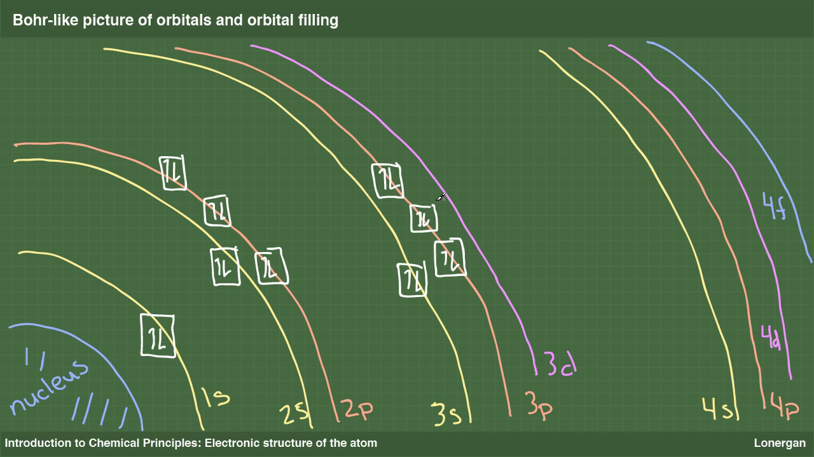It seems logical to next fill the 3d orbital. But remember, our orbital filling order tells us that the 4s orbital fills before the 3d orbital because of the way the electrons interact with each other in these orbitals. The distance from the nucleus is not the only thing that determines the energy or stability of the electron. Hence, I draw the single 4s orbital next and fill it with 2 electrons before coming back to the 3d